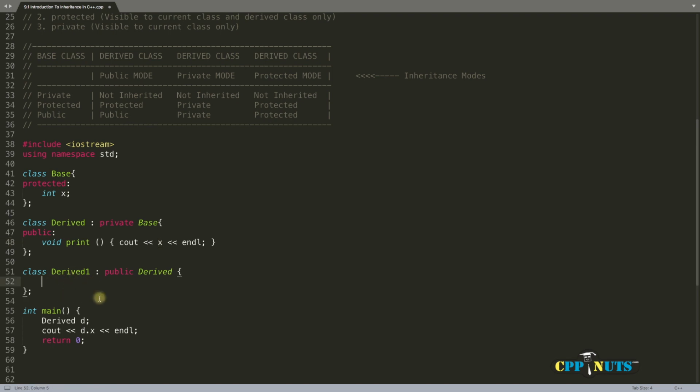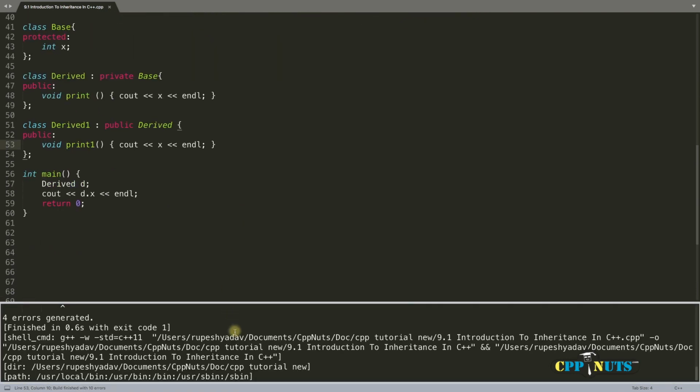If you have another public print 1 and you try to print that, you won't be able to do that. Let me just show you that. I need to write this void here. If I compile,